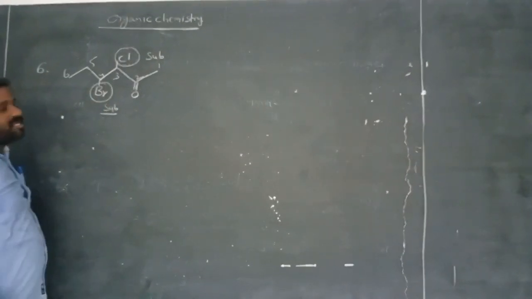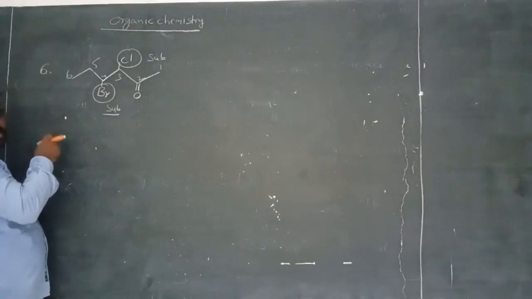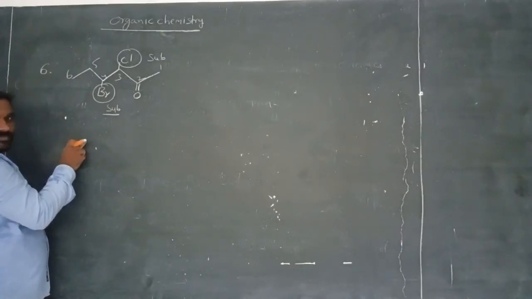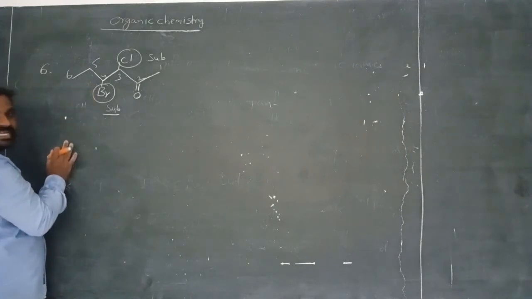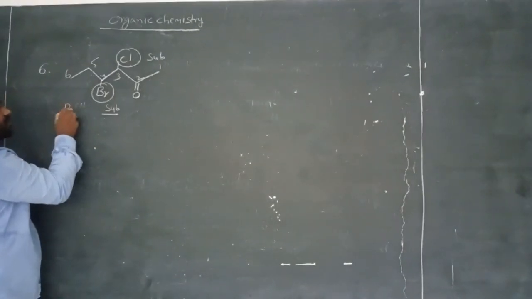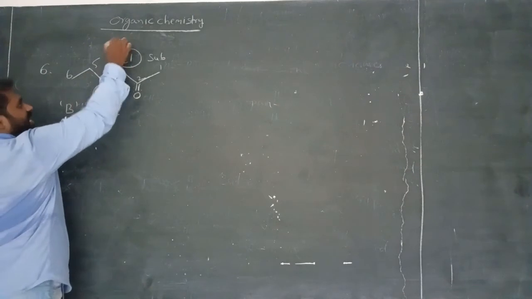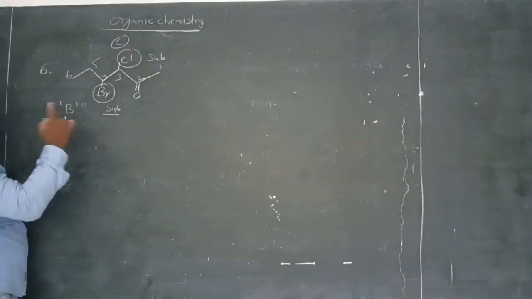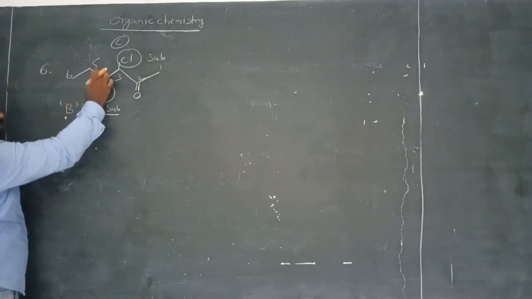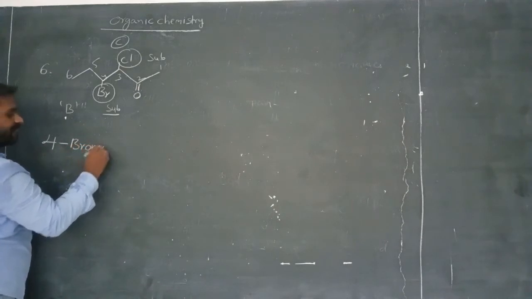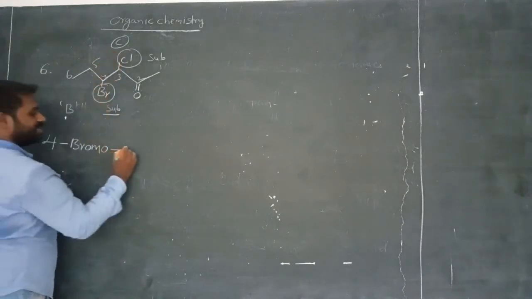In this case, which one comes first? Now we are going to write the secondary prefix. Both are substituents here. In that particular case, we follow alphabetical order, alphabetical order in English. So bromine, what is the first letter? B. And chlorine, what is the first letter? C. Which one comes first? Bromine. Am I right? A, B, C. So first write the bromine name. On which carbon is it? Fourth carbon. 4 bromo. The first letter should be a capital letter. 4 bromo dash and 3 chloro.